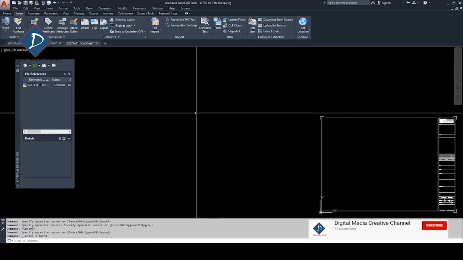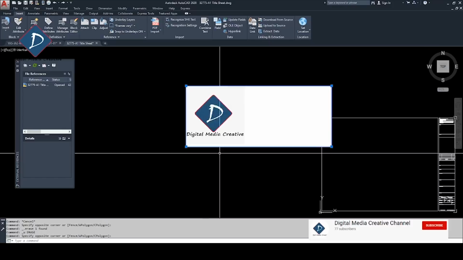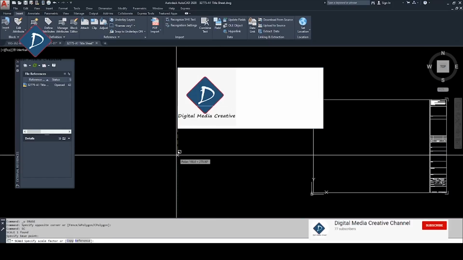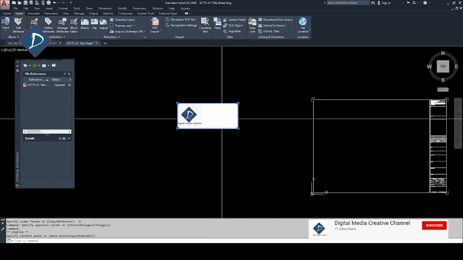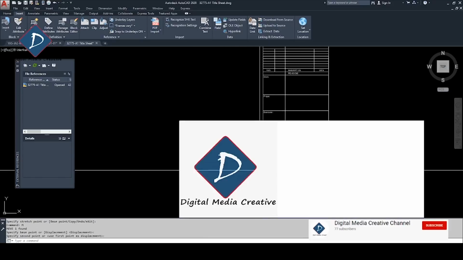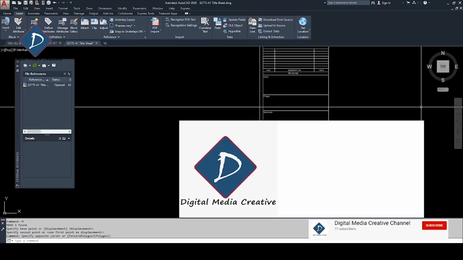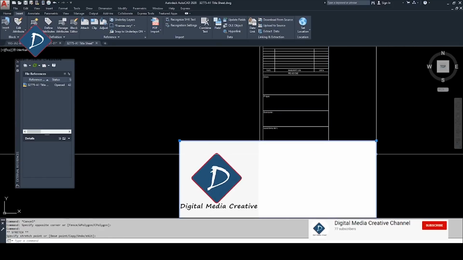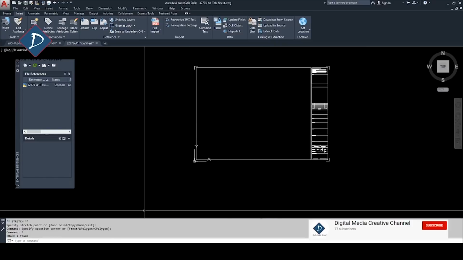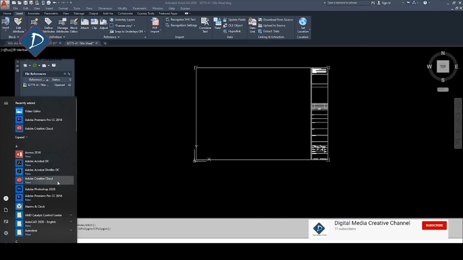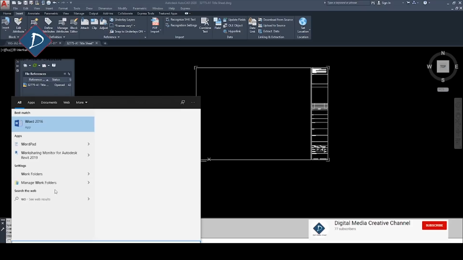I'm going to delete this one, and this one you can just scale it, make it smaller, you can stretch it, then you can move to the logo part or the image part. Okay, so I'm going to delete it. The next option, you can just open the Word,